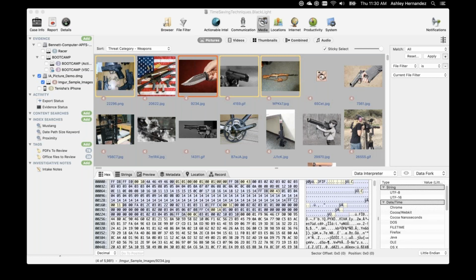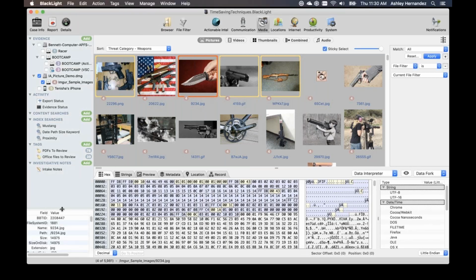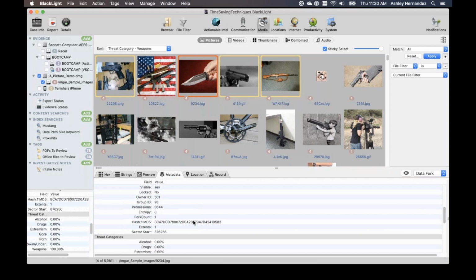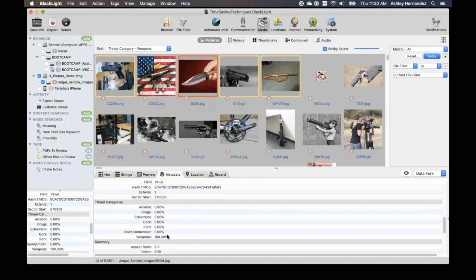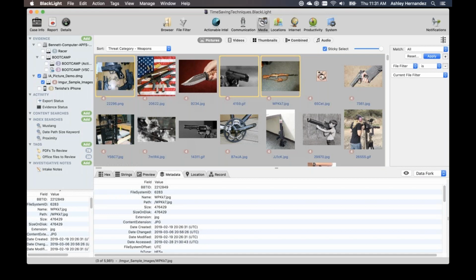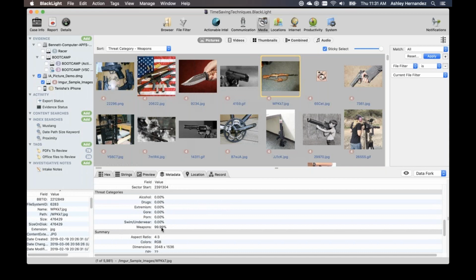I did have a question about what happens if the image hits on multiple categories. So let me show you a second here. The metadata information will have it; you can either do it here on the bottom left or in the metadata down below. So this one hit 100% on weapons. If one of the algorithms hits 100%, it's not going to do the rest of the algorithms against it because it says it's 100% that particular category. Now, if it's more varied, like 99.9, it would still run the other algorithms.